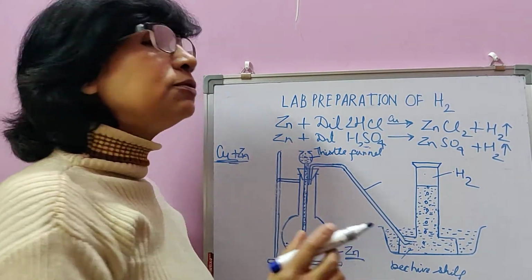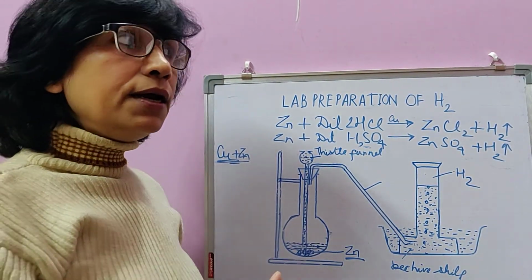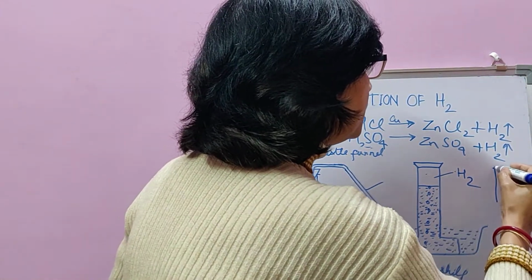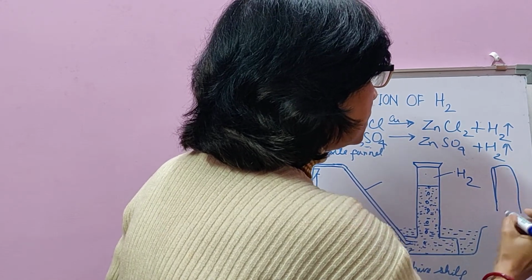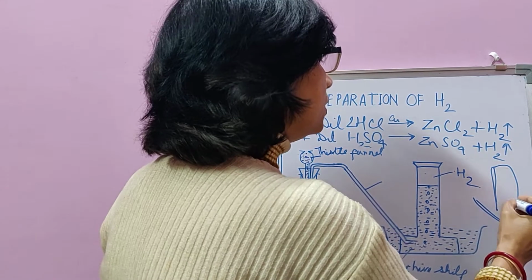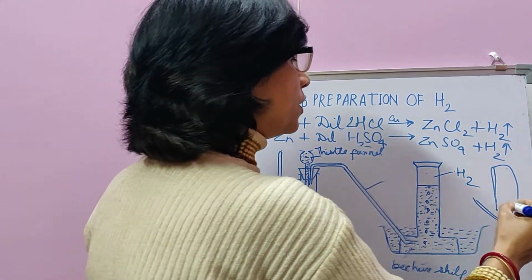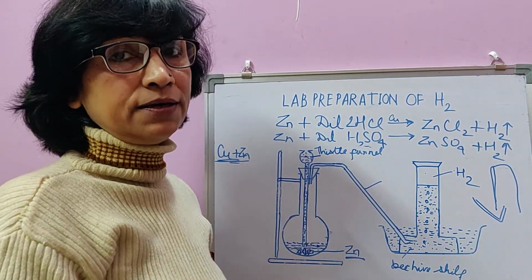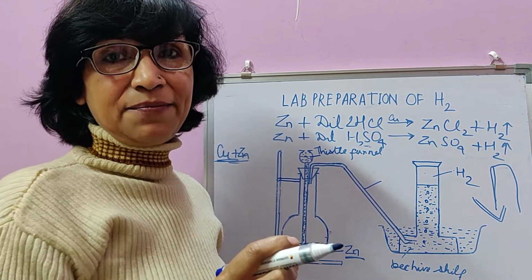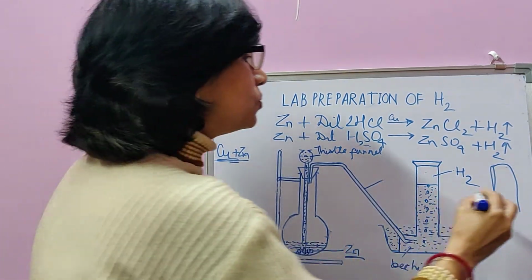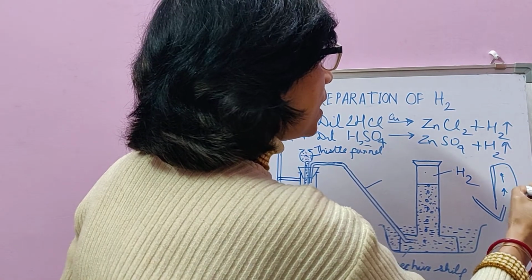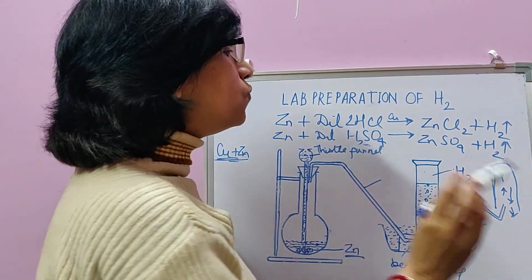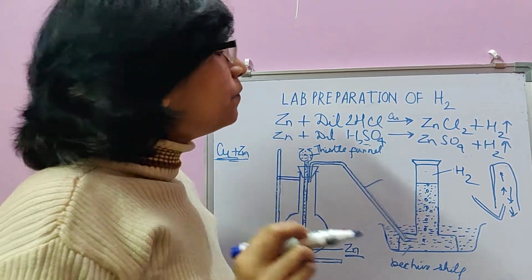The question is that hydrogen is so light that we could have avoided the use of all this apparatus. It could simply be collected in a gas jar, since hydrogen is lighter than not only water but also air. You know, hydrogen is 14.4 times lighter than air because hydrogen is the lightest element and also the lightest gas. So hydrogen will move up and air will move down. So we could have collected this by downward displacement of air, but we don't do so.